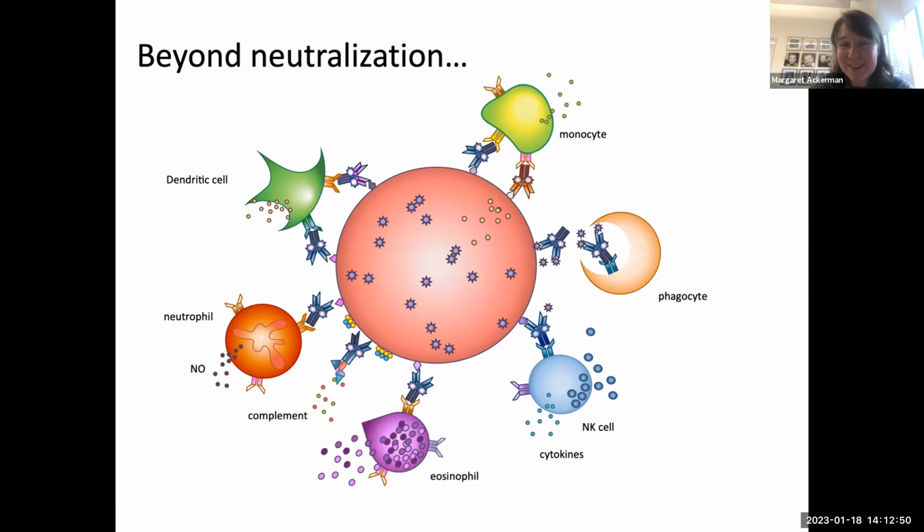That couples to the Fc-dependent activities of antibodies, which can elicit antiviral or antipathogen activities of a diverse range of innate immune effector cells: monocytes, neutrophils, other phagocytes, natural killer cells, and induction of the complement cascade. All of these different effectors and effector mechanisms can contribute to the disposition of antibody-opsonized infected cells or free virions.